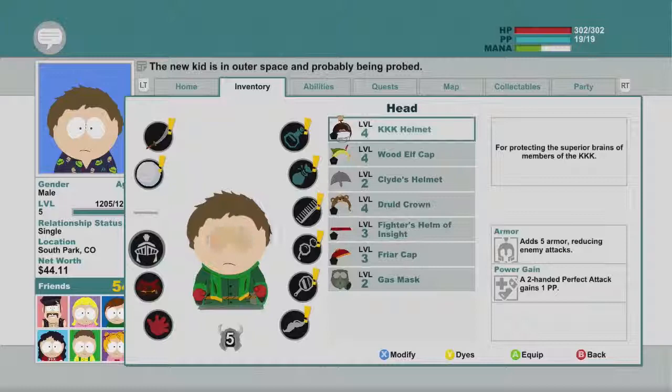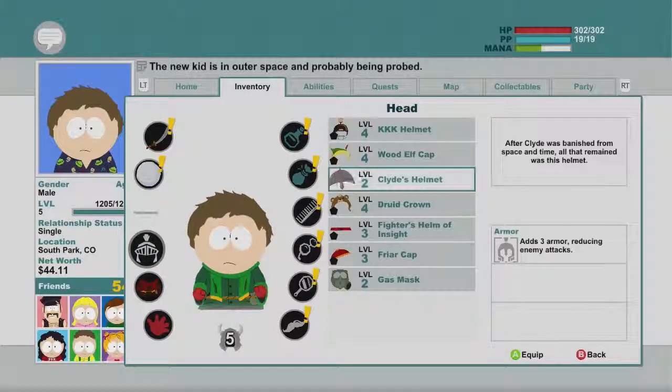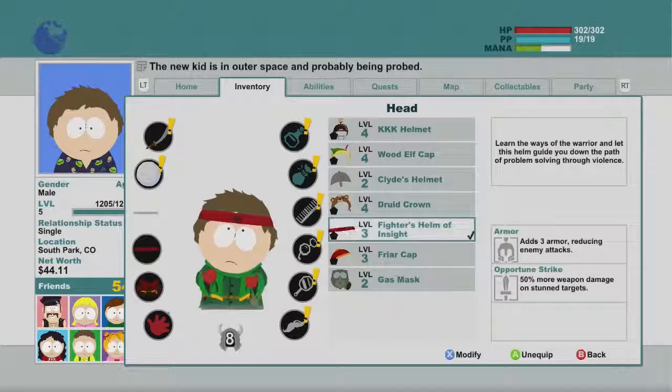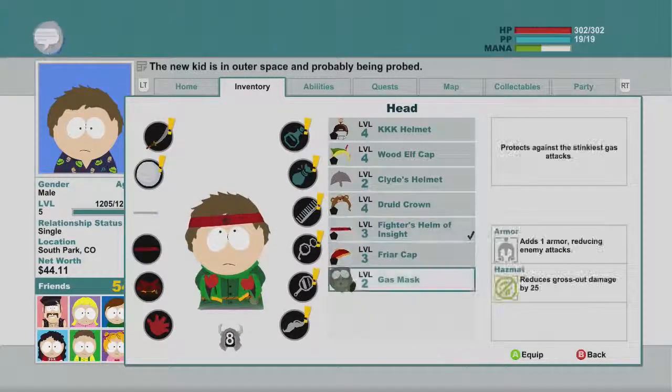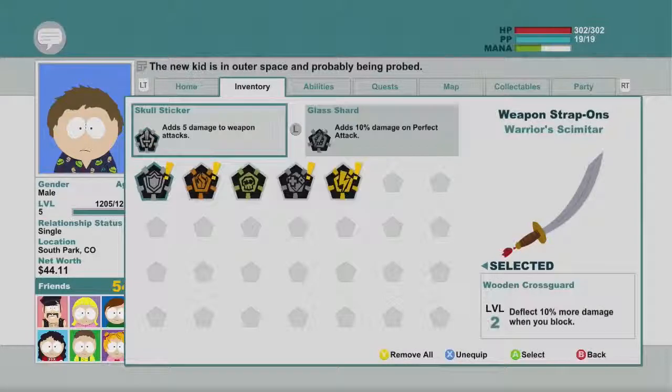And... I'm not even going to comment on that item description. And I'm going to put my Fighter's Helm of Insight back on as well. We're all back armored up, ready to go. Let me look at something really quick. Alright,